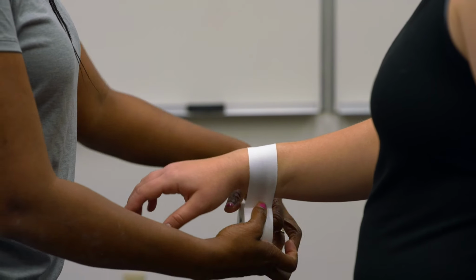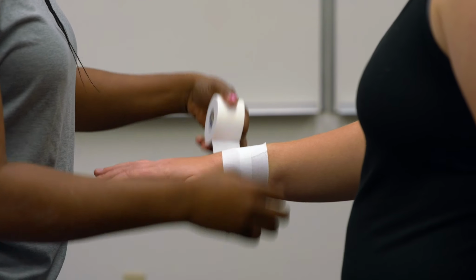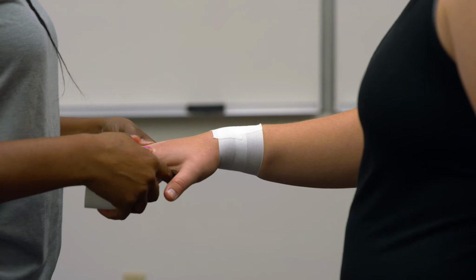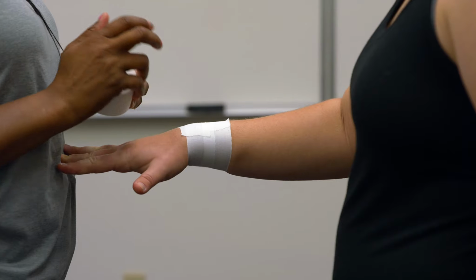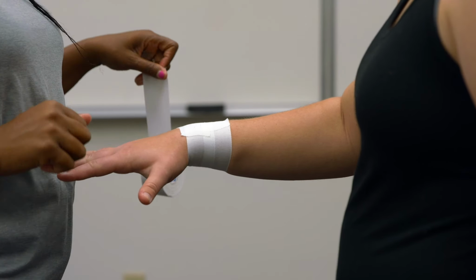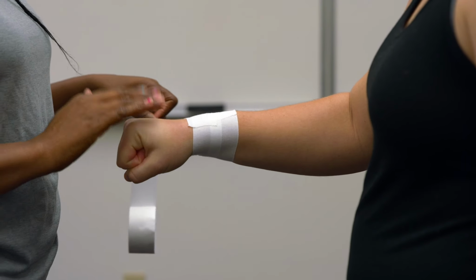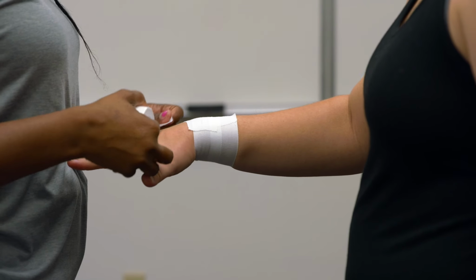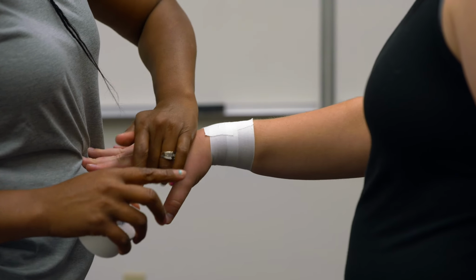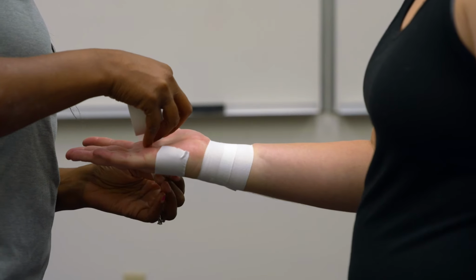So anchor point number 1, proximally, anchor point number 2, proximally, and then we have to create a distal anchor point. So what I'm going to have the patient do is point into my stomach to prevent hand movement. And what I want to do is go ahead and make a fist for me really quick, patient. We want that anchor point to be just above those knuckles on the hand. So go ahead and extend again right here. So what we'll do is something that looks just like this. We'll lay that down. We'll have our patient flip over into a supinated position, and we'll close off that anchor